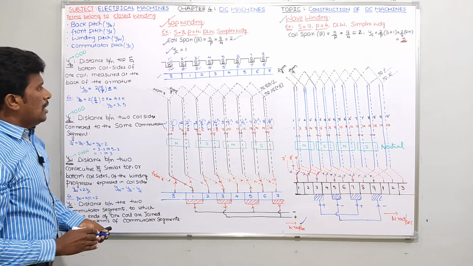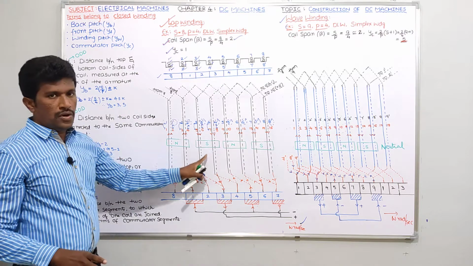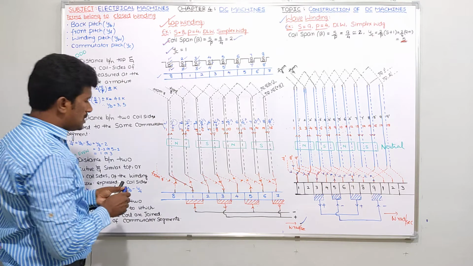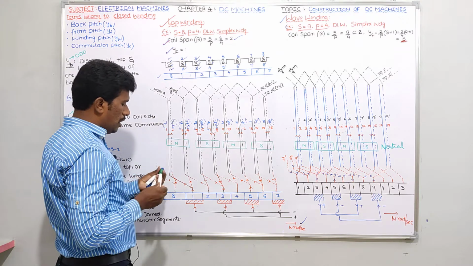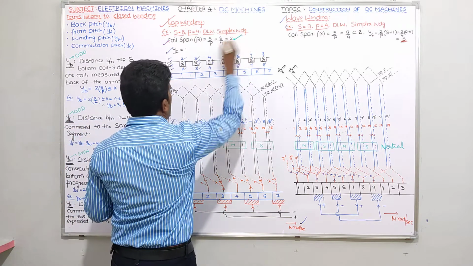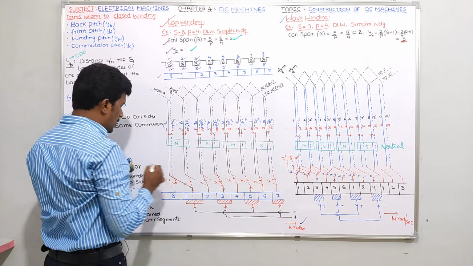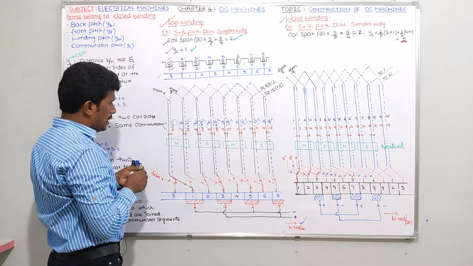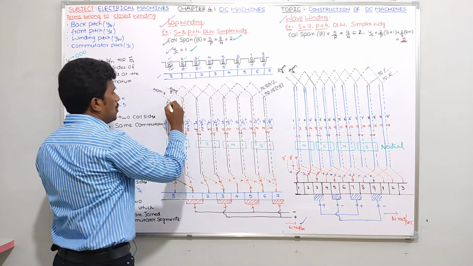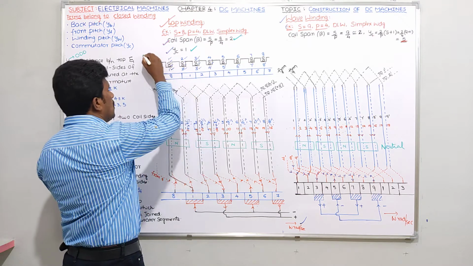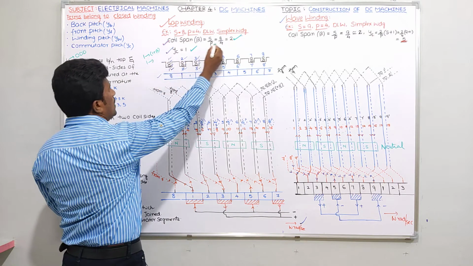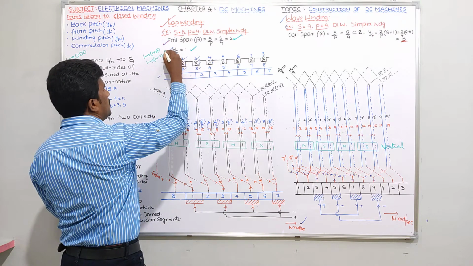Anyway, this one was already explained in the last videos, but I will give some small brief information. So please tell me how we have to design this lap winding. For that, definitely we need a coil span and we need a commutator pitch. Suppose you take the first coil, let me show you. If you take first conductor 1, where should it go? I can say 1 to 1 plus a coil span, 1 plus beta. 1 plus 2, I can say 3, 1 to 3.